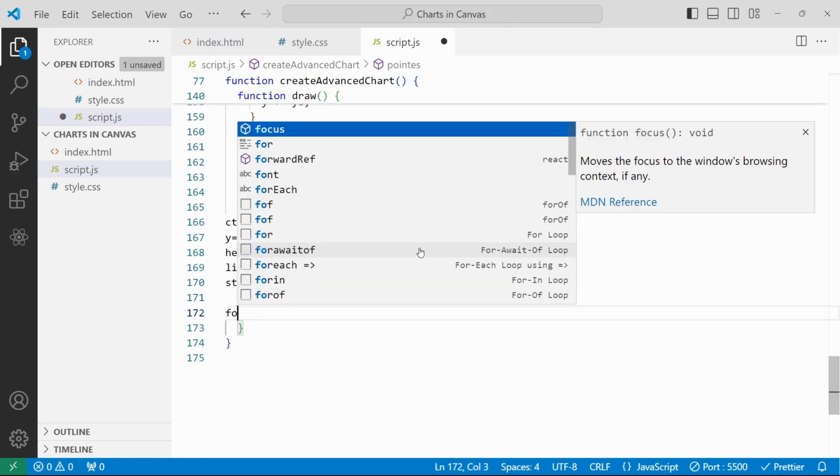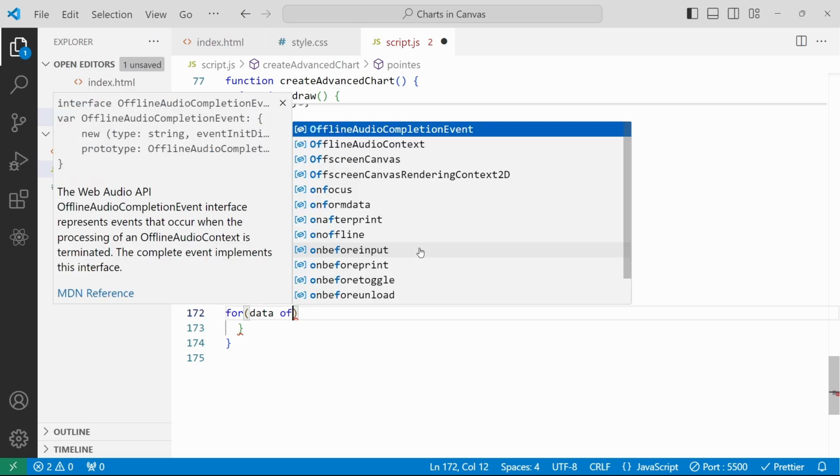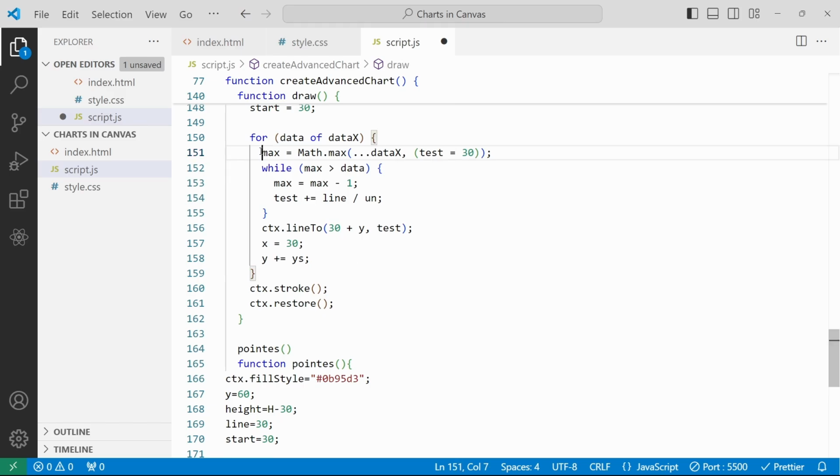For this also we'll use forEach and we'll set data of dataX. So based on this dataX only we need to create that, so we can use the same thing of the function above,